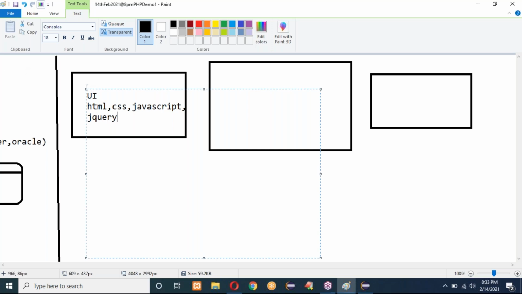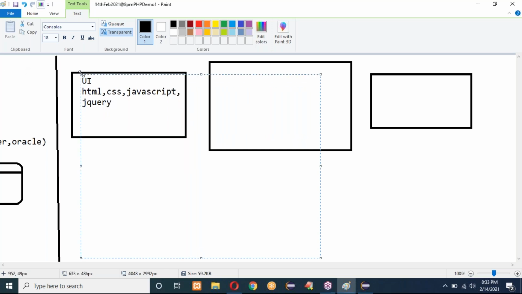By that only they can create. Here, jQuery, Ajax, Bootstrap, and Less. I usually teach these UI technologies also.